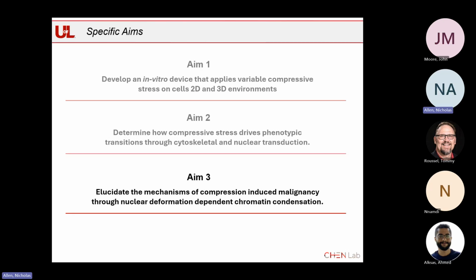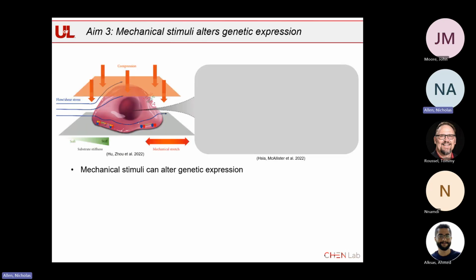One of the new fields of study in bioengineering, specifically in mechanobiology, is this idea of epigenetics. That's the idea that we can put these cells in an environment and they create this mechanical memory. They learn from these environments. So say you put a cell on a stiff substrate and then you put it on a soft substrate, it's going to have some changes from a cell that's only been on a soft substrate. So creating these epigenetic changes. We've seen that mechanical stimuli can alter genetic expression specifically, and it does that through